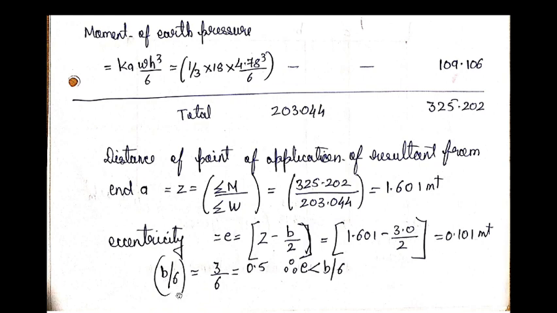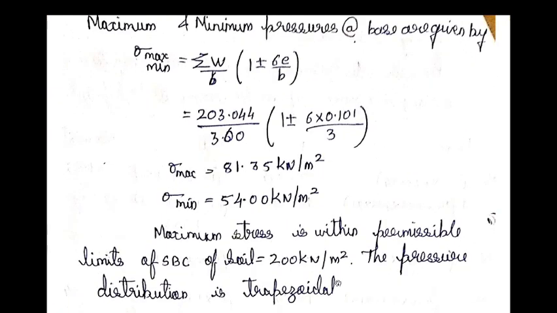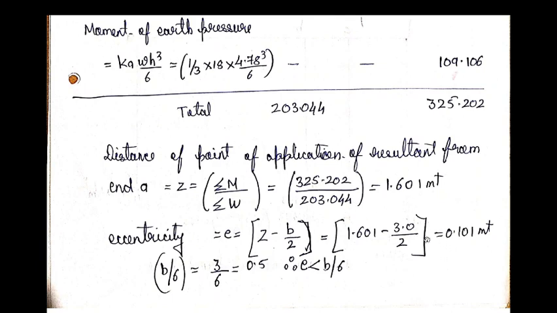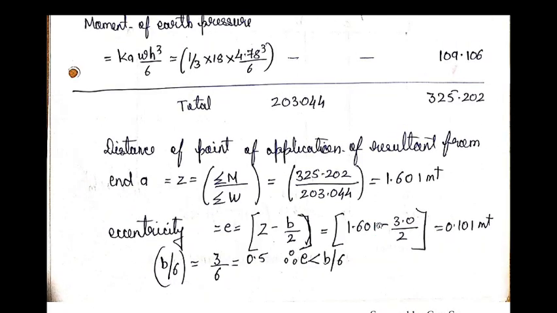So the limitation is b by 6, so width divided by 6, which is 0.5. So obviously the eccentricity is less than 0.5. Okay. So then we compute depending upon the eccentricity we have here. If the eccentricity is less, we use this value only. Now in case we get a higher eccentricity value, say for example if this was 0.6 and this was 0.5, we will substitute the limitation one, so 0.5 only. Now our calculated eccentricity value is less than this, so we are using this for the further calculation.